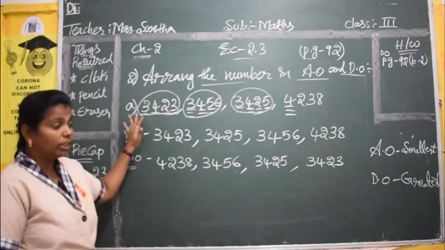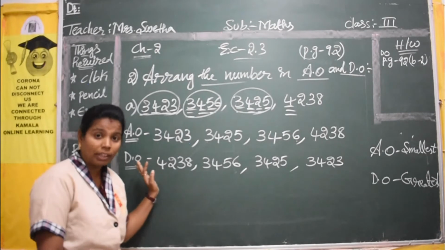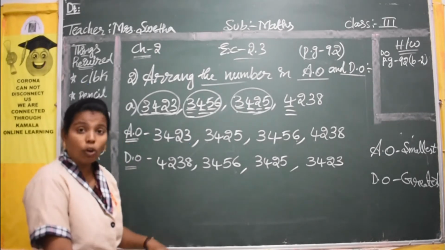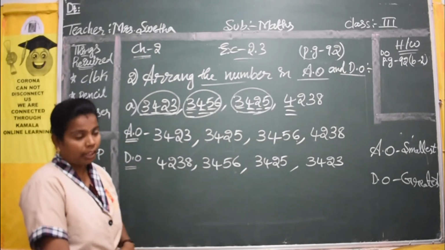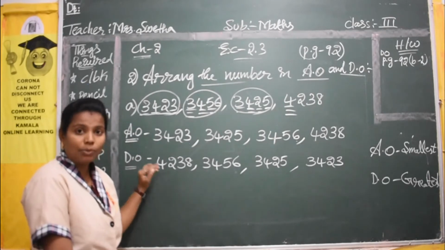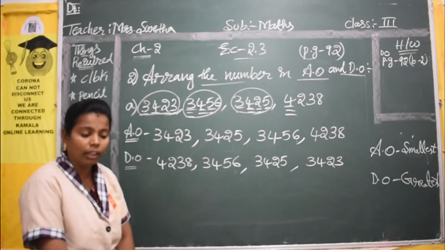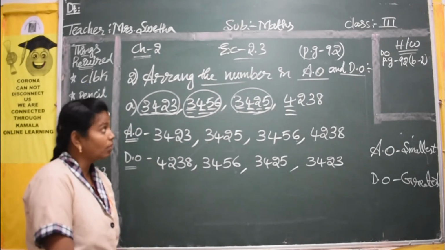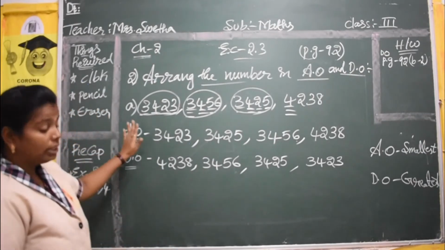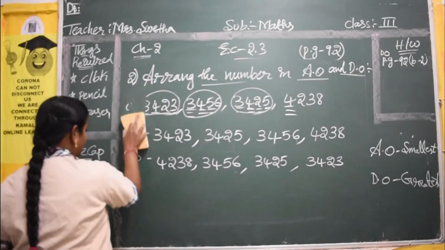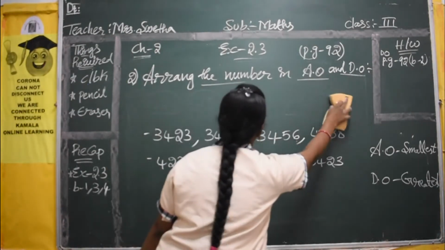Okay, children. So this is about your first one. I hope you have understood about your first one. You can copy down in your classwork, children. Yes, if you copy down this one in your classwork, I will erase this one and I will write the second one. Yes, so this is about your first one. Now we will do the second one.